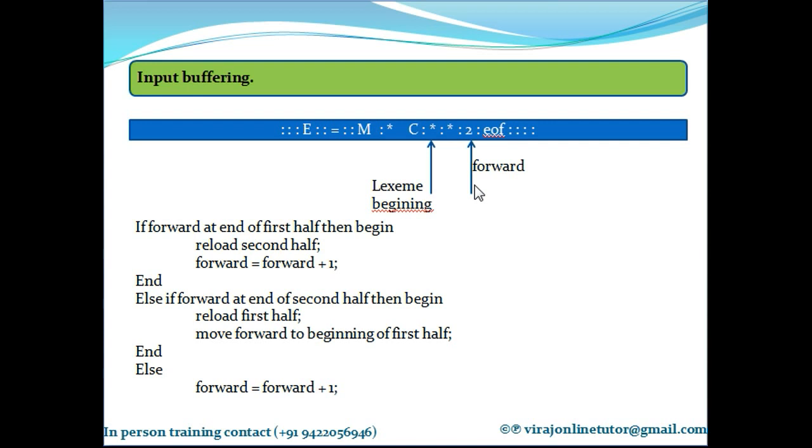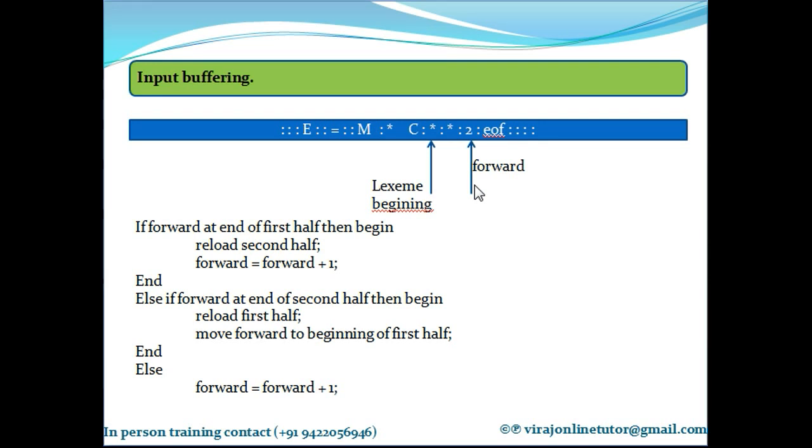For example, in the previous session we saw const. Const was a lexeme. So const is made up of how many characters? C-O-N-S-T, 5 characters. Only after all 5 characters are matched with a pattern, I can declare it as a constant token, right? That's what I am planning to say here, that the lexical analyzer needs to look ahead several characters beyond the lexeme to match it with a particular pattern before a token is announced.